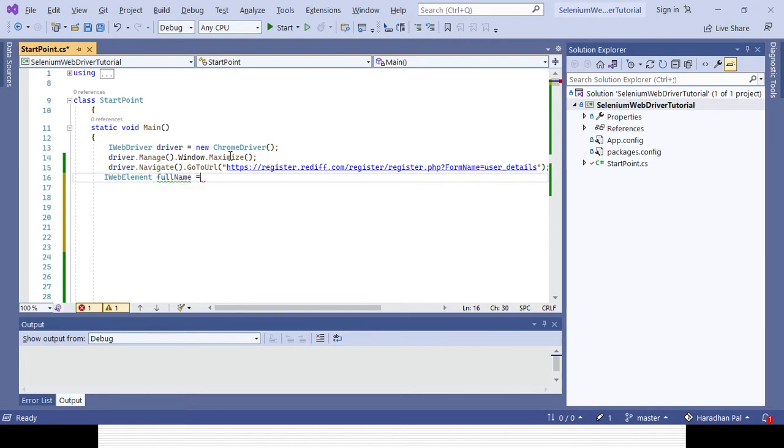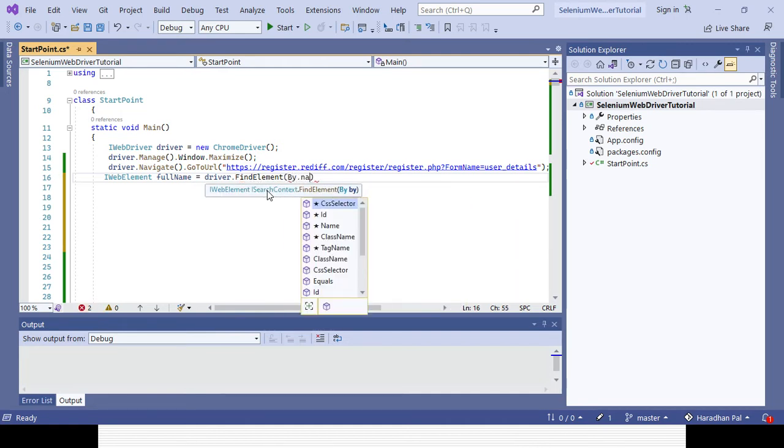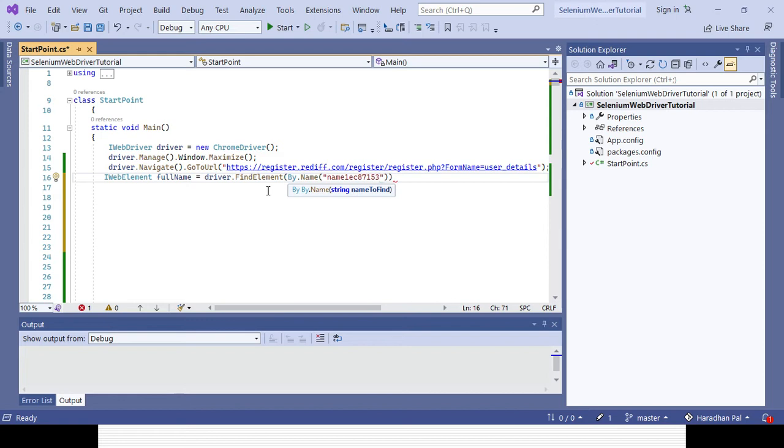Full name, where I can identify the element with the help of driver.find_element(By.name). Here I can give the name, right? This is the name I can give. So that's why I can create the web element, and then it is a text box, so I can enter some values, which is nothing but send_keys. Suppose I want to add the name called my name. That is a simple operation I want to perform.